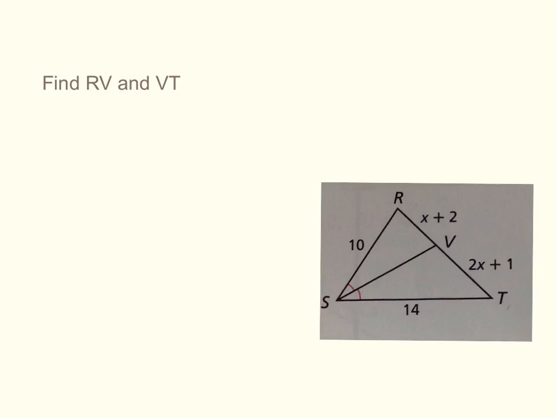Okay, so we're going to put this to the test, our triangle angle bisector theorem. So here's a triangle. We have triangle RST, and we're looking at SV bisects angle S, or angle RST. We can see that because it has the two congruency marks. So then we can say that RV and VT are proportional to RS and TS. So then we need to figure out what that proportion is. So we have 10 over 14 equals, now let's set that up. So x plus 2 in the same triangle as 10, so I'm going to do x plus 2 over 2x